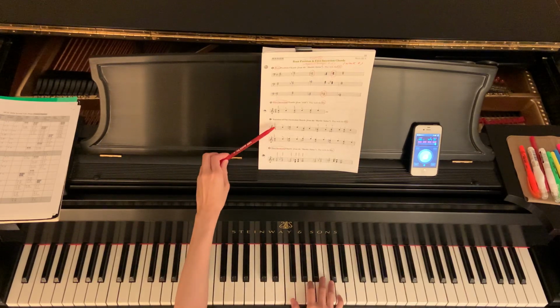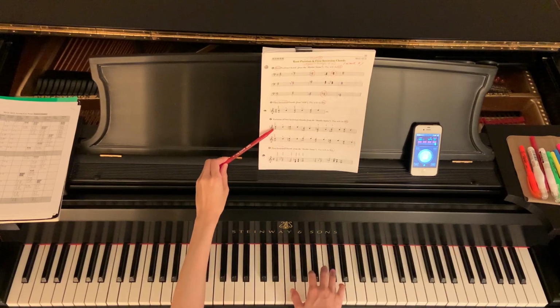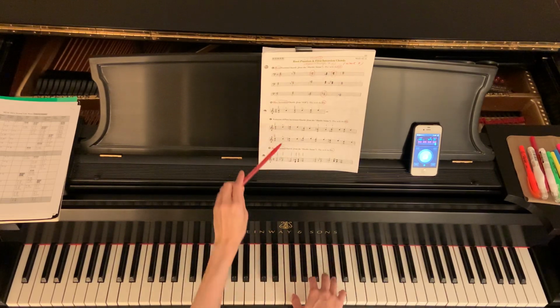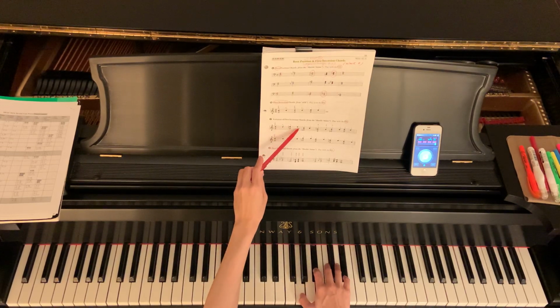Okay, so let's try it together. Focus on the top note. You target the top note. Here we go. Hold down the bottom 2 notes. D chord, D minor chord, E flat major chord,